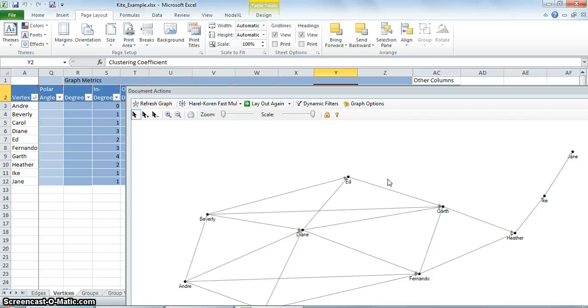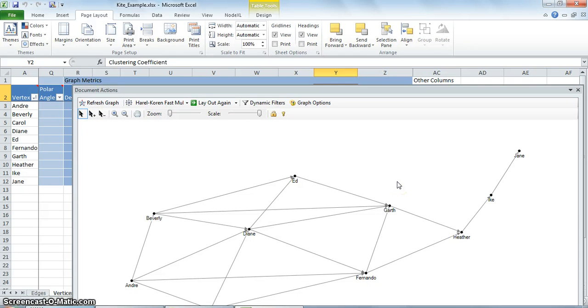In other cases, a person's friends may not be friends with one another. For example, Ike's 2 friends, Heather and Jane, are not friends with each other. So what the clustering coefficient does is measure how connected a vertex's neighbors are to one another. To be specific, it is the number of edges connecting a vertex's neighbors divided by the total number of possible edges between the vertex's neighbors.